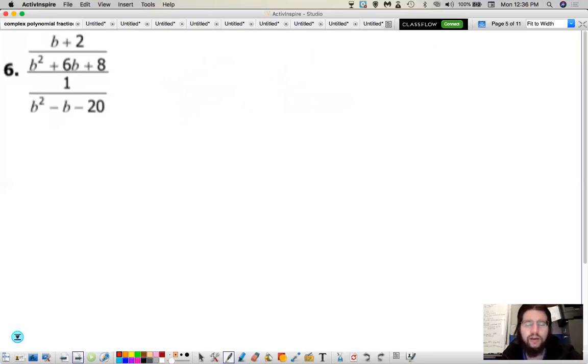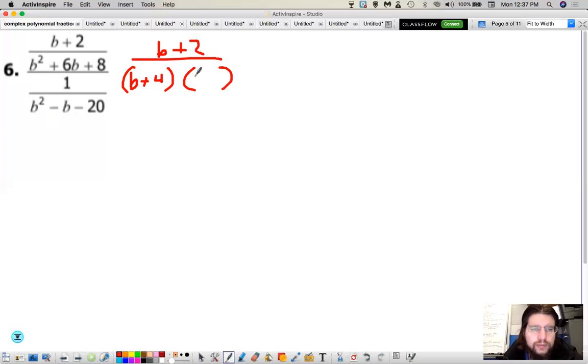All right, now we got a trinomial. How do we do trinomials? AC method. So this one I'm definitely going to factor first because I'm wondering maybe that b plus 2 might cancel. Let's find out. So I'm going to go ahead and factor these things. Now you can do scratch work. You can do it in your head. I don't care. Top part's b plus 2. That's not changing. Over. Now this, that's b plus 4,